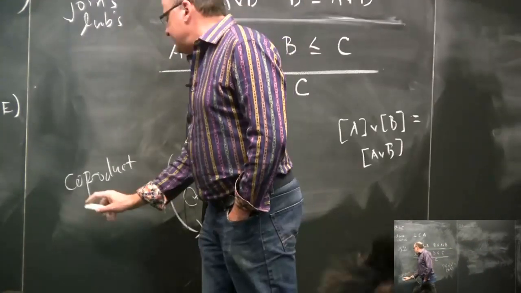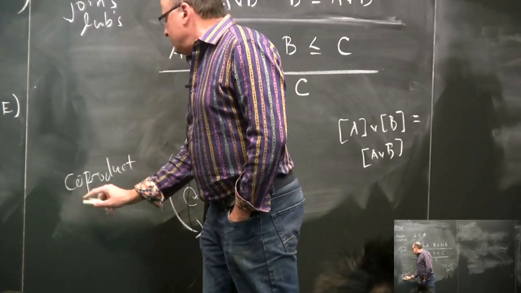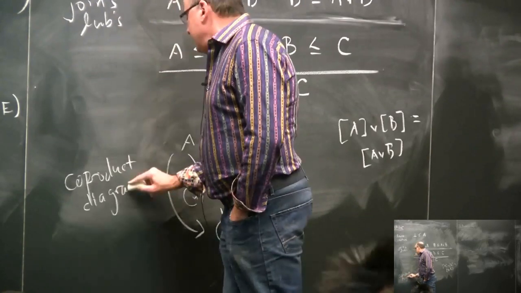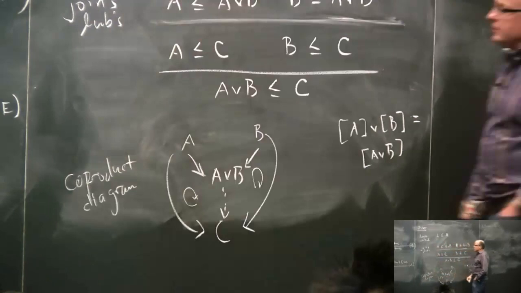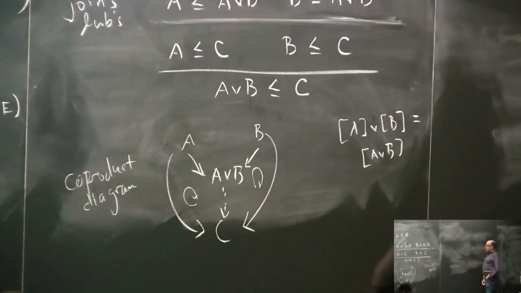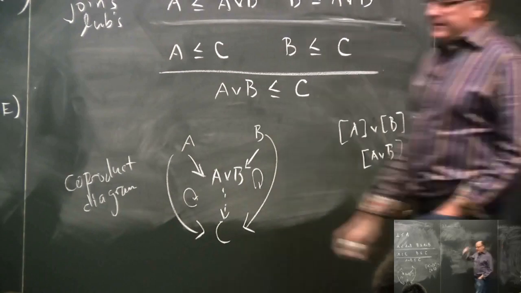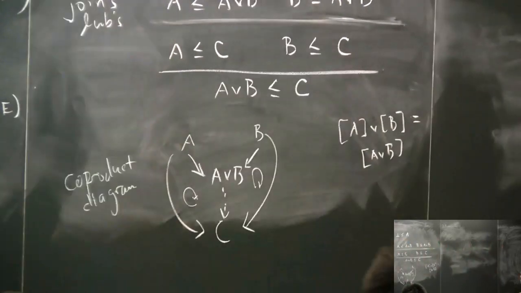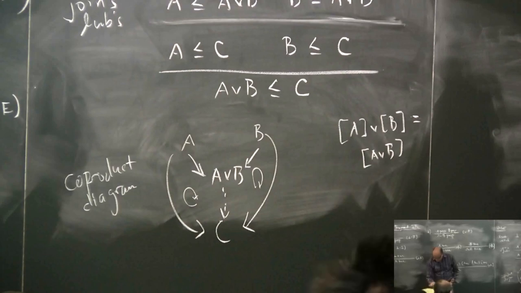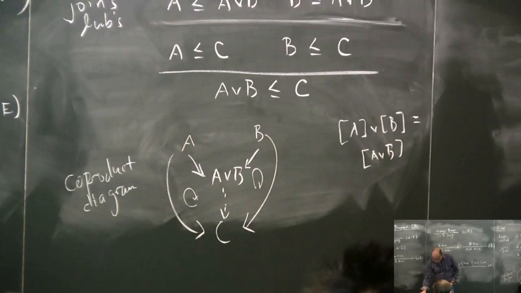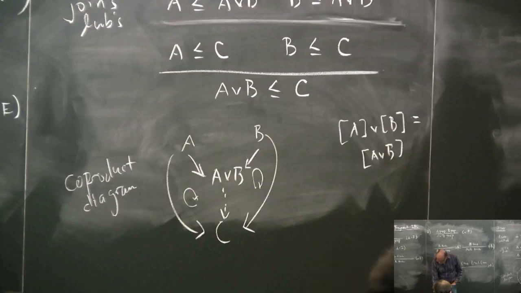And sometimes people call that a sum. So this is called a coproduct diagram, and the one I erased is called a product diagram. And then I forgot to say something about the order theoretic interpretation of the implication. I should have written that down earlier, and then I forgot what I was doing. Okay, so let me check for myself that I didn't forget anything else.